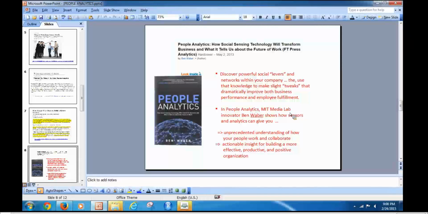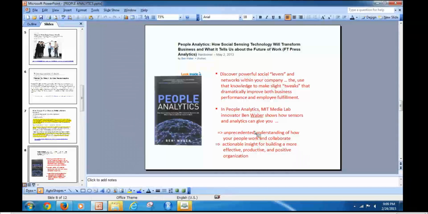But he's out at this MIT lab, and he's an innovator, and he created these sensors that can really gather a lot of people-related information. It's really been powerful in helping people make decisions. The idea is they're trying to create, and the thing that excited me about it is the whole emphasis is on trying to create better cultures, places where people perform better, but people also like being there,